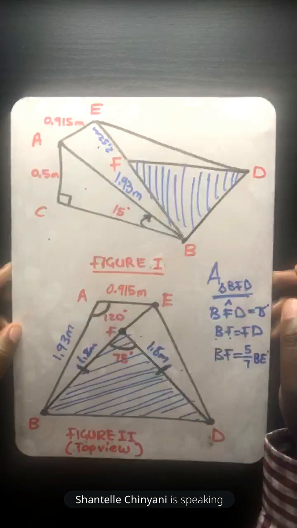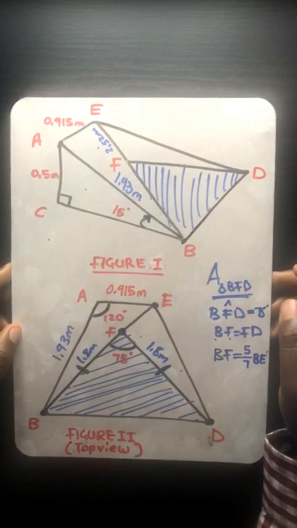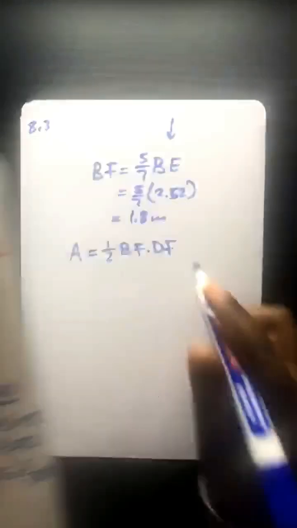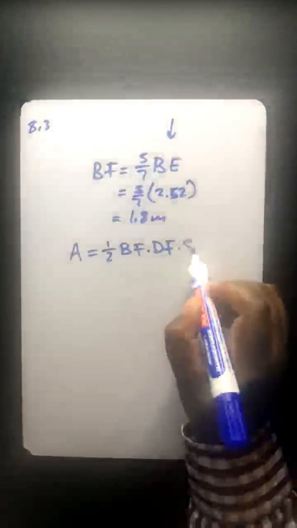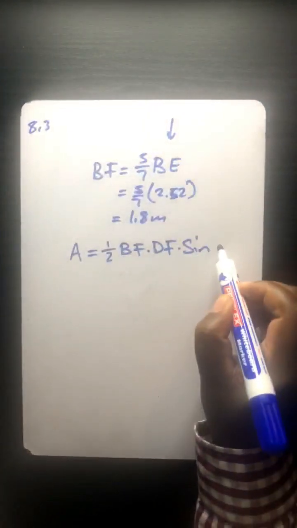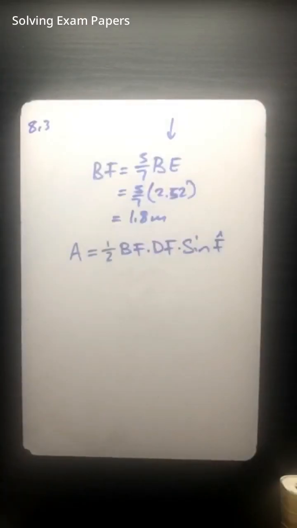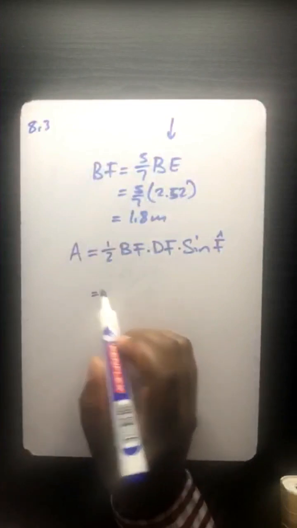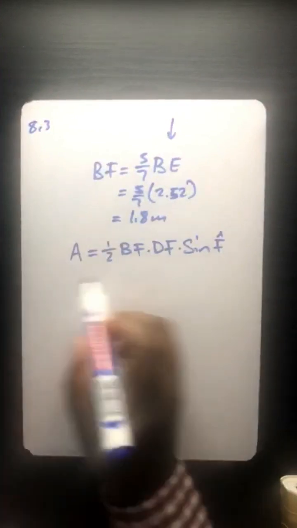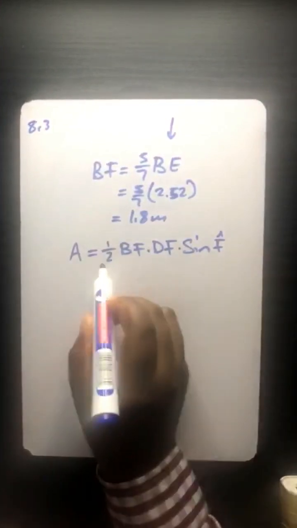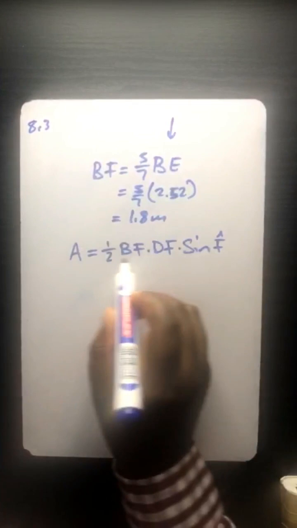And then sine 75. You can correct me if I'm wrong, sir, because no French. Let's see, sine of angle F. You are 100% correct there, honorable member, because remember, in short, this formula comes from the formula that we know, which says area